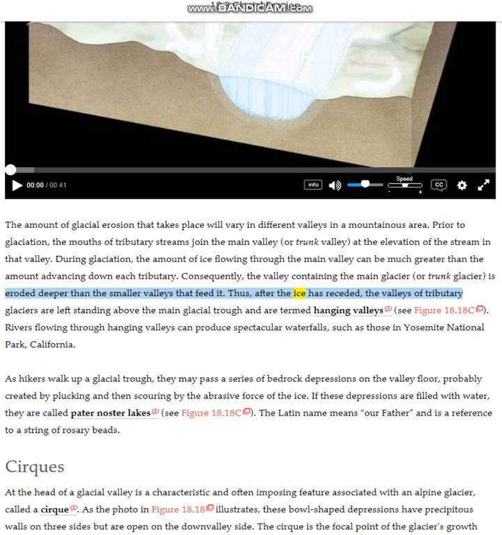Thus, after the ice has receded, the valleys of tributary glaciers are left standing above the main glacial trough and are termed hanging valleys, see Figure 18.18c. Rivers flowing through hanging valleys can produce spectacular waterfalls, such as those in Yosemite